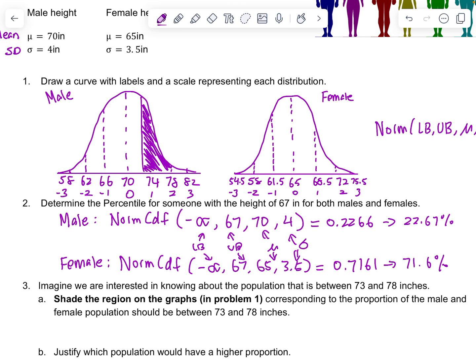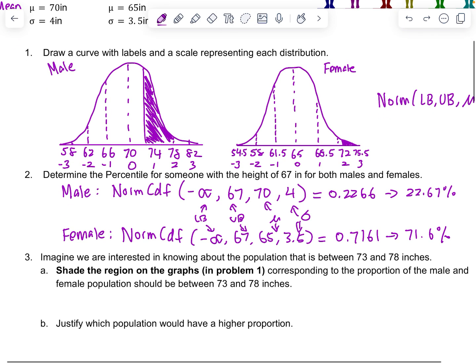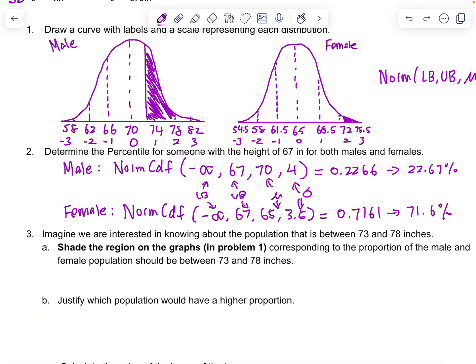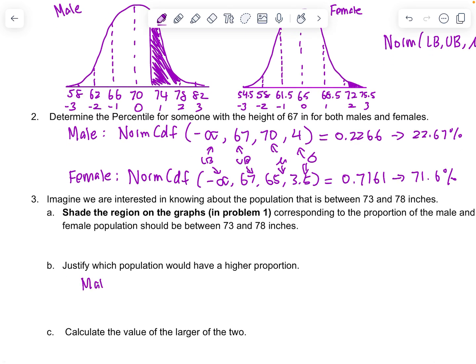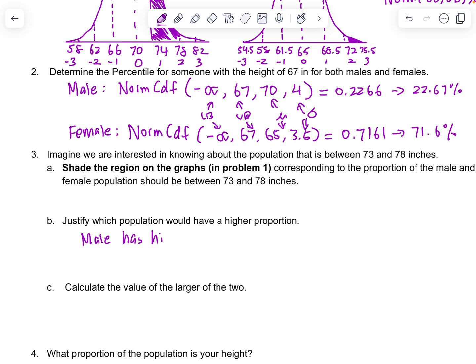For females, on the other hand, 73 to 78 is like here, which you can see that the proportion is very small, because for females, a height of 73 to 78 inches is rather rare, because we can see that the mean is lower for females than males. So now that we've shaded the regions on the graphs, we want to justify which population has a higher proportion. So just by looking at our shaded region, we can see that the males definitely have a higher proportion. And we can justify this because the z-score of 73 and 78 is closer to the mean in male than female. So we can say the male has a higher proportion